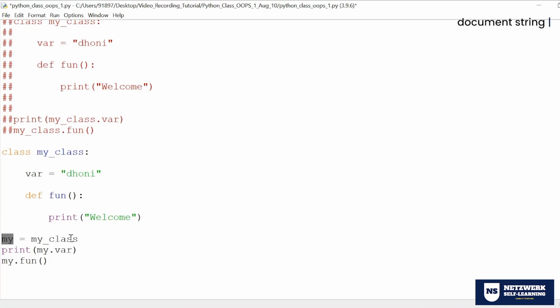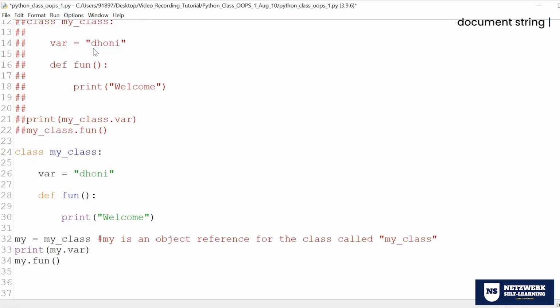So basically, what is my here? It's an object. What is an object? An object is anything that occupies memory. So my is an object reference for the class called MyClass. What happens is, whenever it gets called, it will create a separate memory. My dot variable. So at line number, let me add a line number.